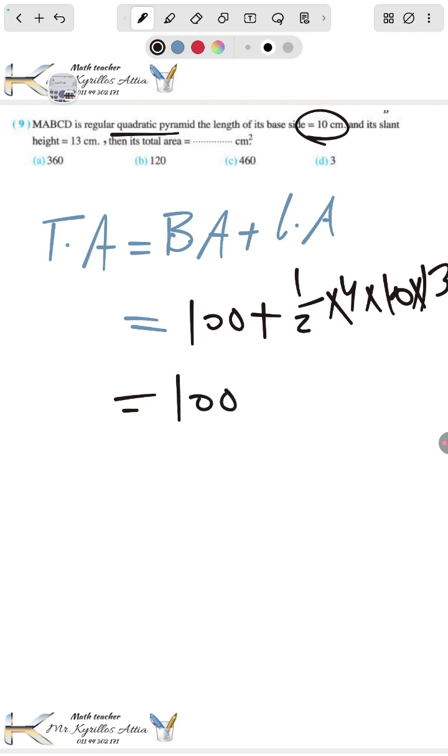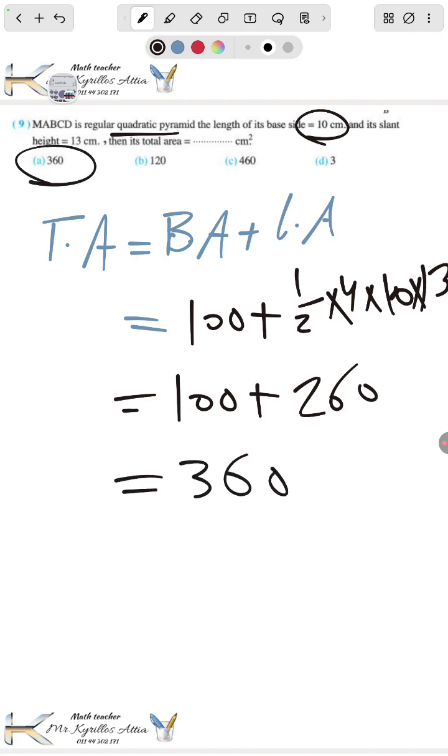So it will be 100 plus half by 4 by 10 by 13. Half by 4 equals 2, by 10 is 20, by 13 is 260. 100 plus 260 equals 360. Letter